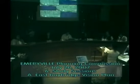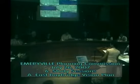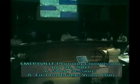And I would say, I don't believe, city attorney might want to kick me under the table here, but I don't, the general plan guidelines of the state allow you to include areas that are outside of your city if they're related to your planning. So I think it would be perfectly reasonable for us to include in our general plan the entire East Bay Bridge Shopping Center. And we don't need Oakland or the JPA's permission to do that. So the General Plan Steering Committee may want to